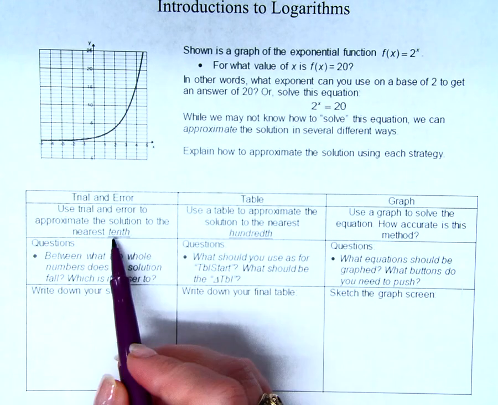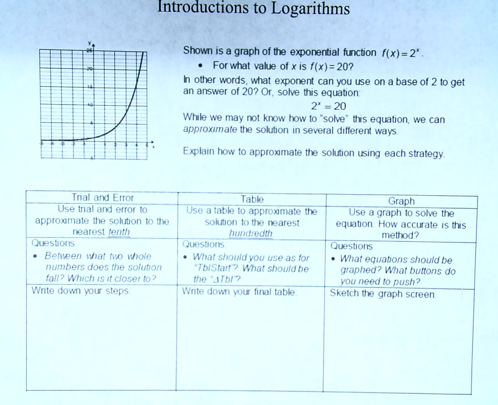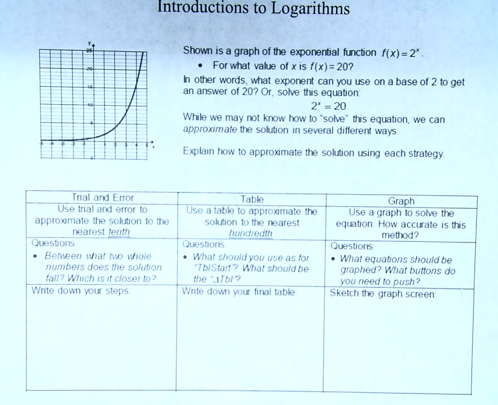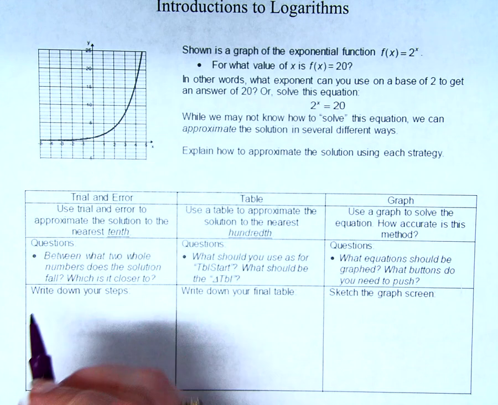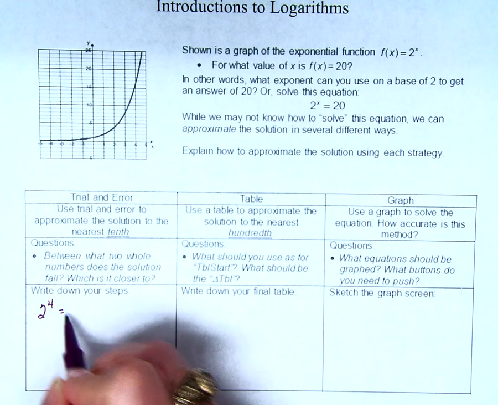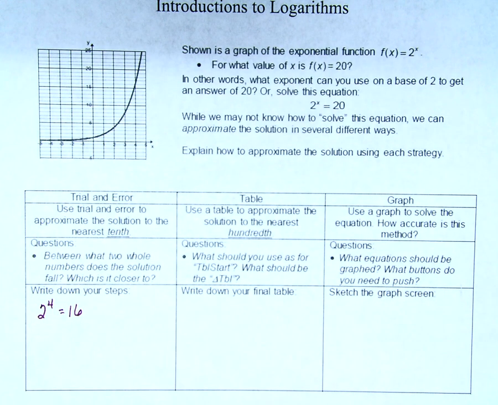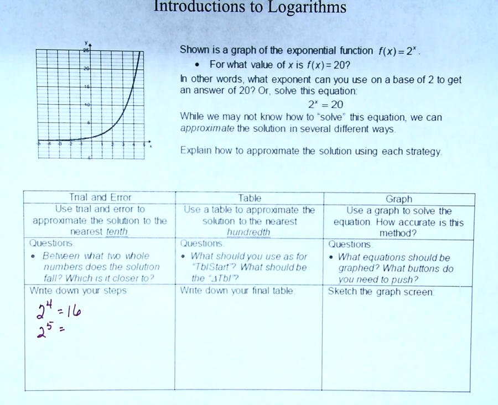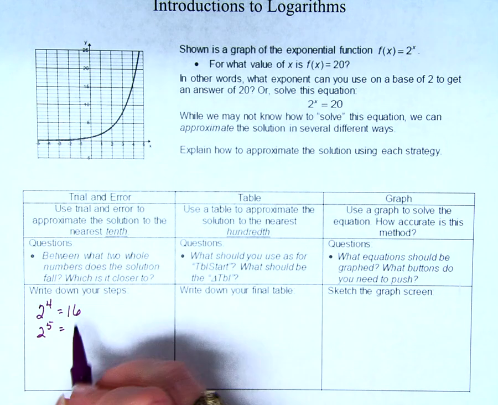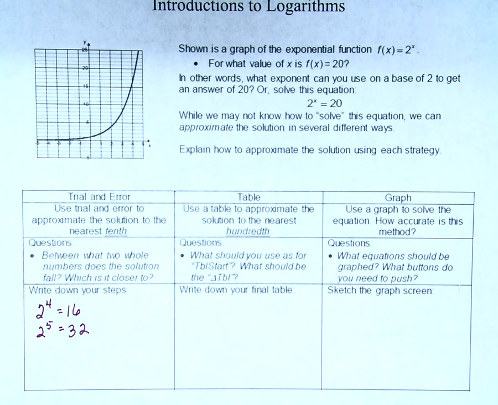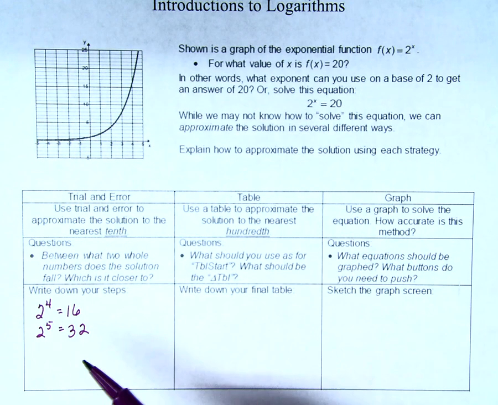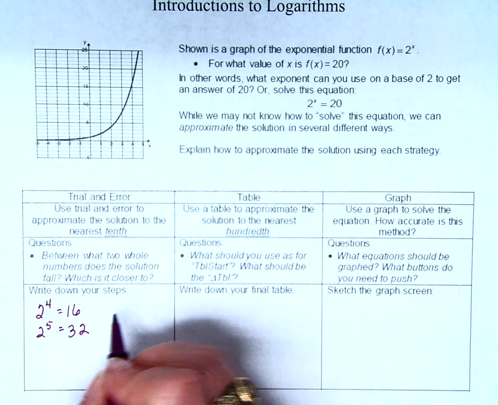But what if we solve by trial and error? Let's try to figure it out to the nearest tenth. Well, what do we know? 2 to the what power equals something near 20? What is 2 to the fourth power? Is that 20? No, but it's close. Maybe it's 2 to the fifth power. No? What's 2 to the fifth power? 32. So if I'm trying to figure out 2 to what power equals 20, I know it's between